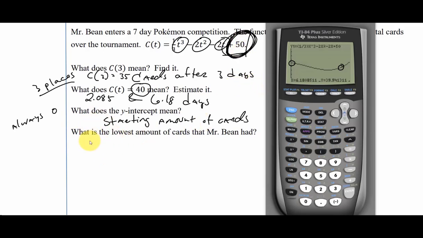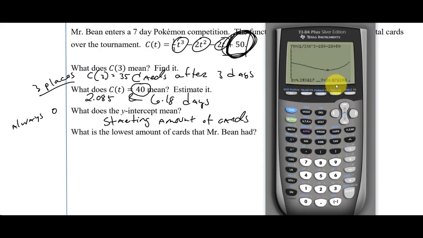All right, what is the lowest amount of cards that Mr. Bean had? Okay, what is the lowest amount? Well, I'm going to go back to trace, and my lowest amount would be somewhere in this area here. So I'm going to trace and see if I can find it. So 31.124, oh, it goes down, 0.89, oh, it keeps going, 0.86, 0.87, oh, it looks like right here,